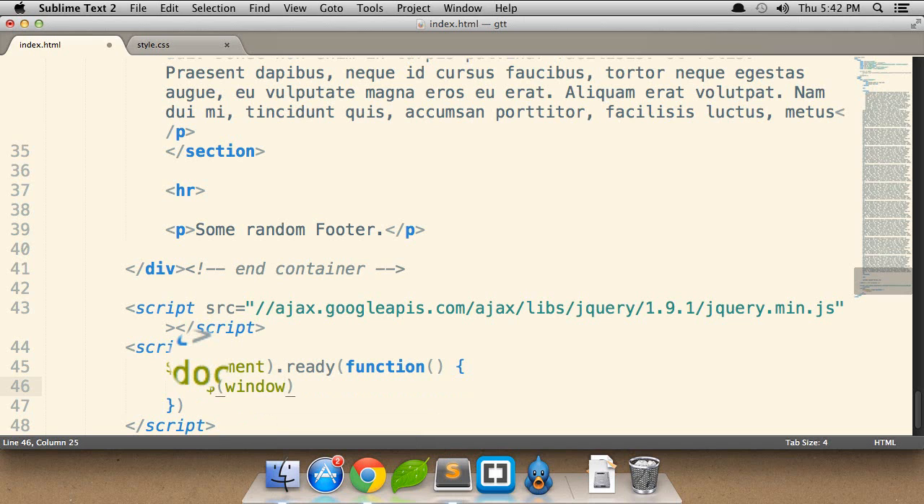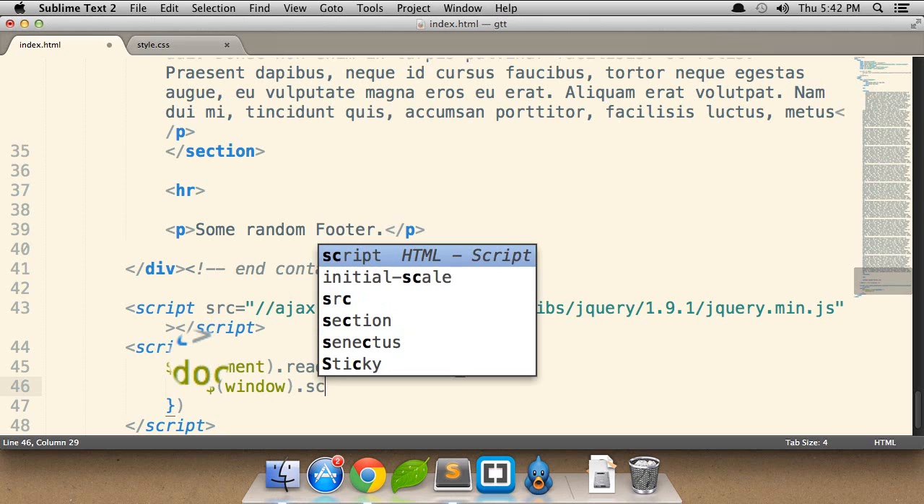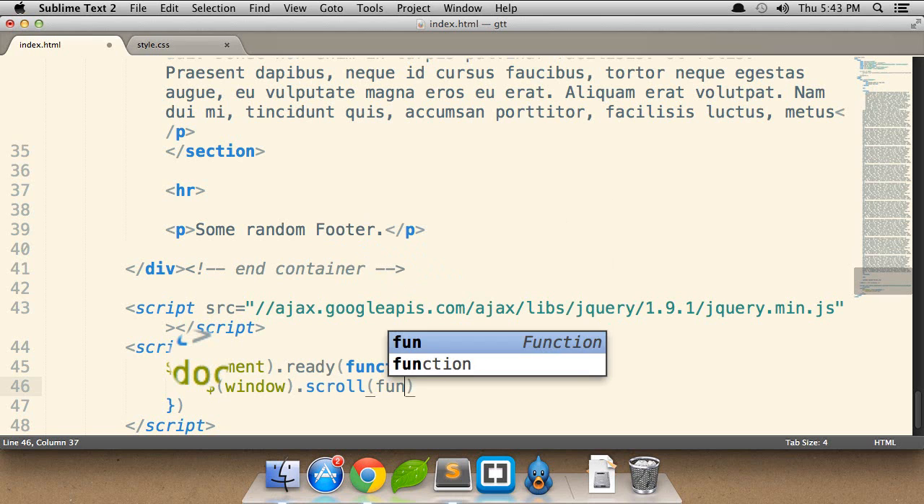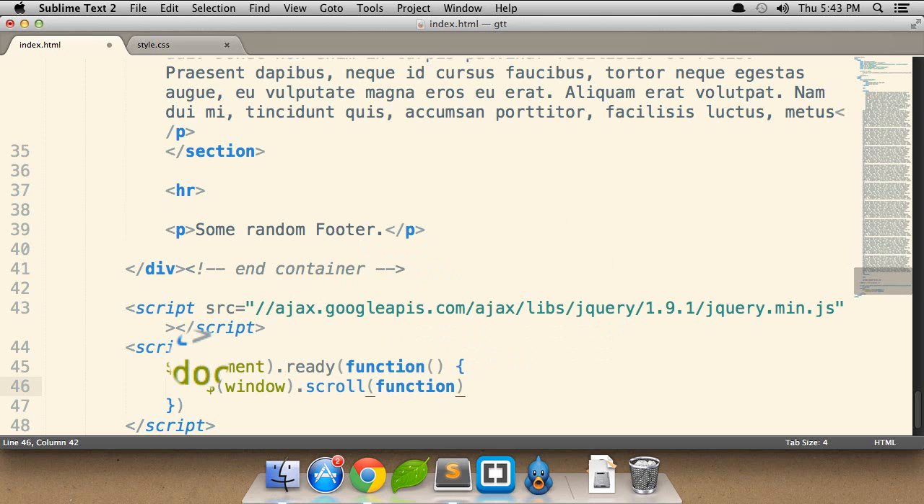So window, this will activate the window function. This will transfer the control into the window. Whatever browser you're using, that is the window. Then scroll. So we are basically scrolling. This is plain English, you must understand. So another function will be initiated if the window is scrolling. And what will be that function? So